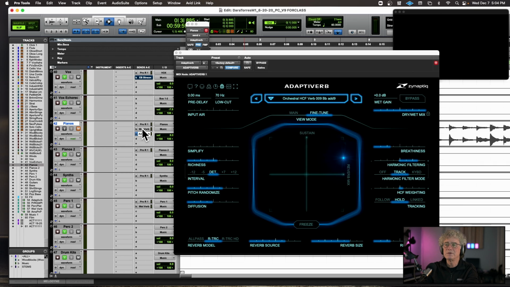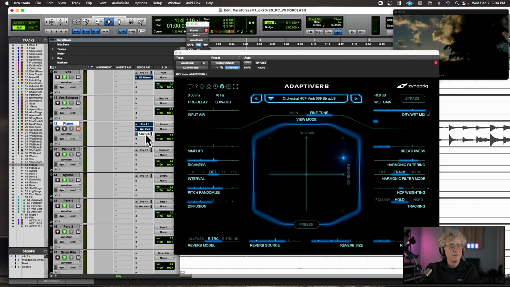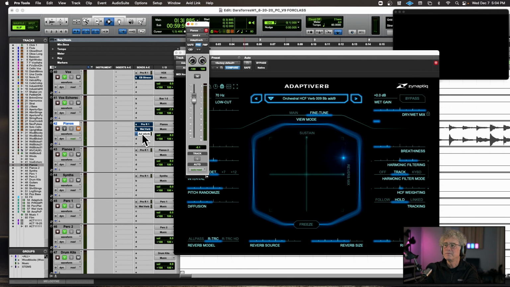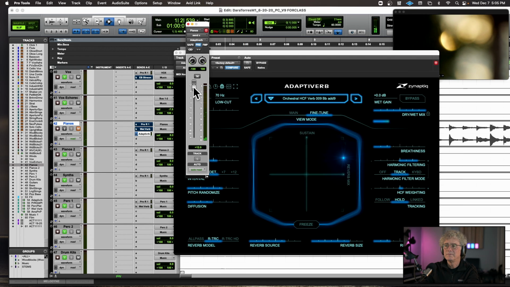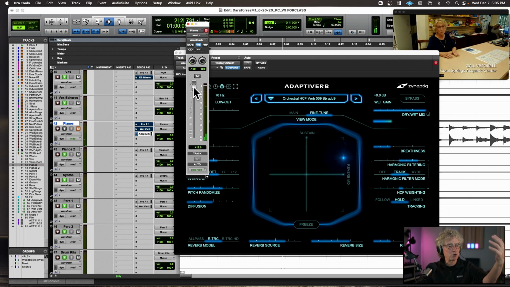So I'm going to mute the piano, and all you hear is the Adaptiverb because I have it going pre-fader. Here, let's do it again. Turn it up. Right, it sounds like an ethereal choir in the background.